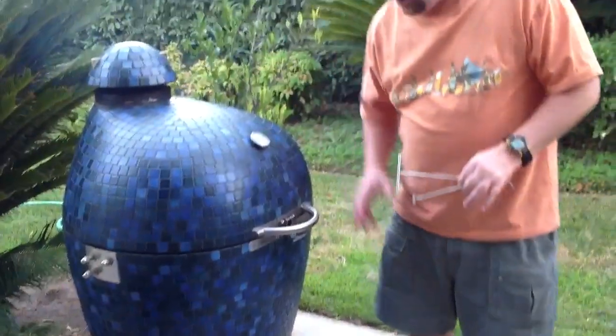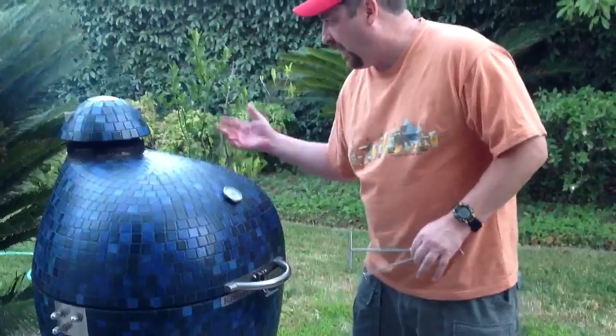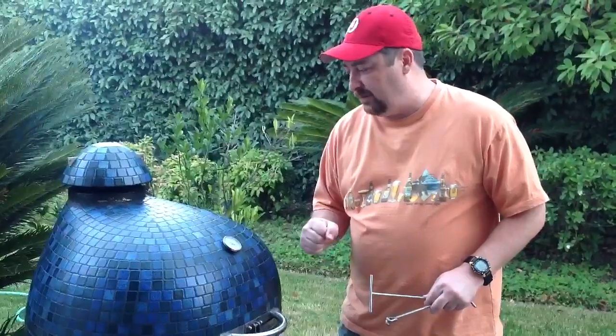So we're going to have air going from the bottom, air going from the back, all the way through the top. I'm going to get this to about 500, 600 degrees. Then we're going to do that reverse sear, and we'll be back when this thing is...